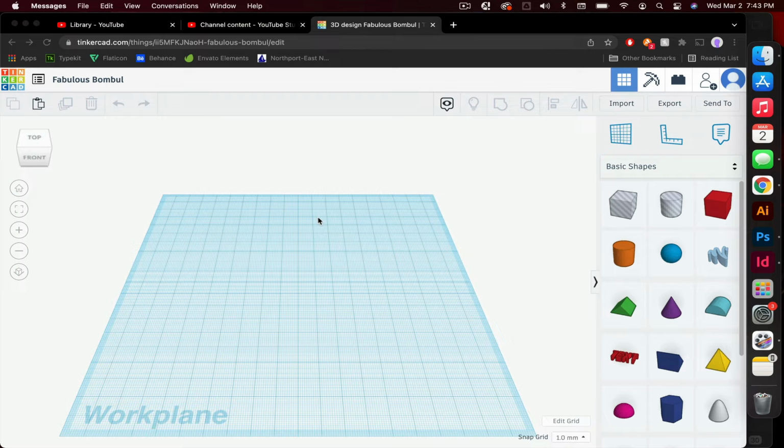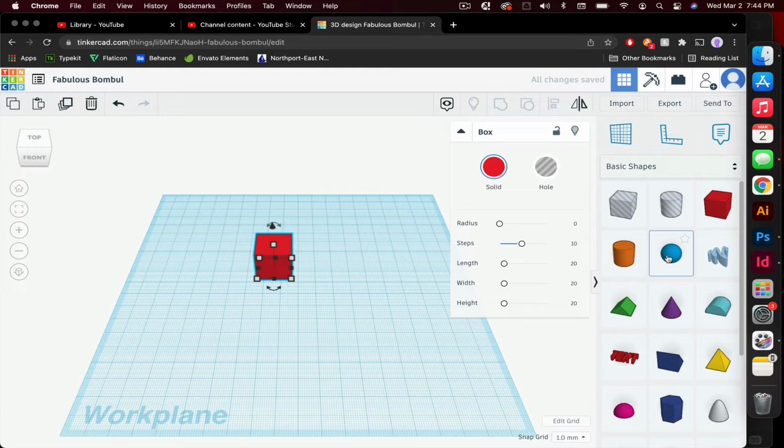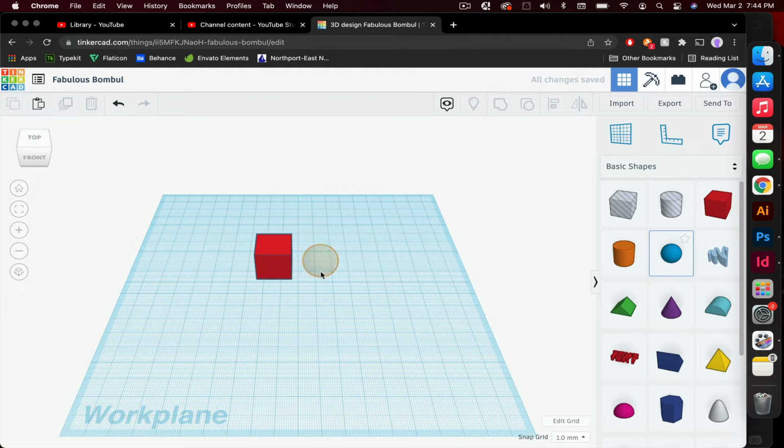Alright guys, so in this video we're going to be going over how to manipulate the different objects and shapes in Tinkercad. Outside of moving and resizing objects, the first thing that you have to do to manipulate a shape is normally add another shape. So let's start off with a cube,